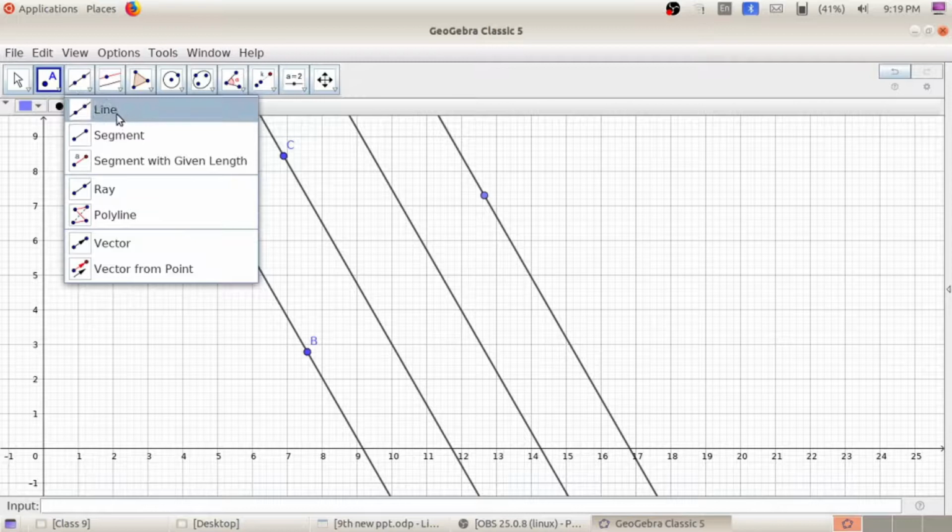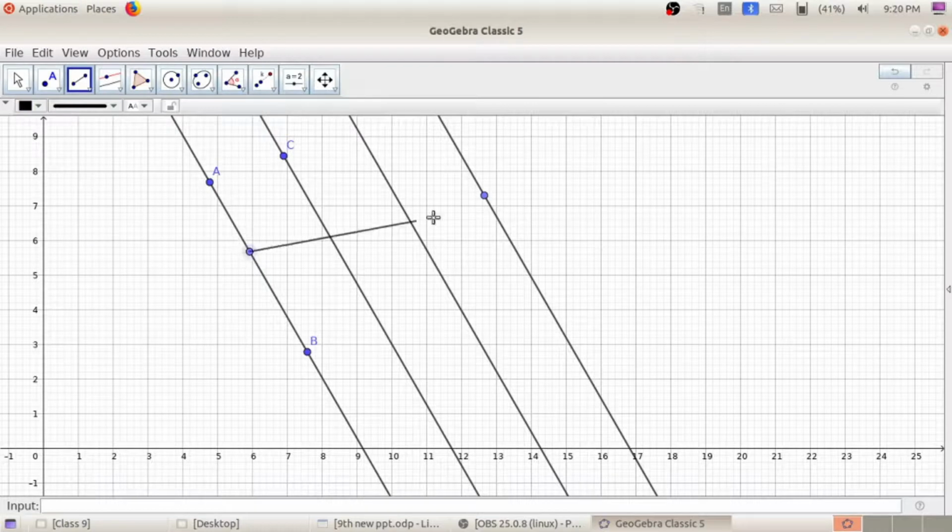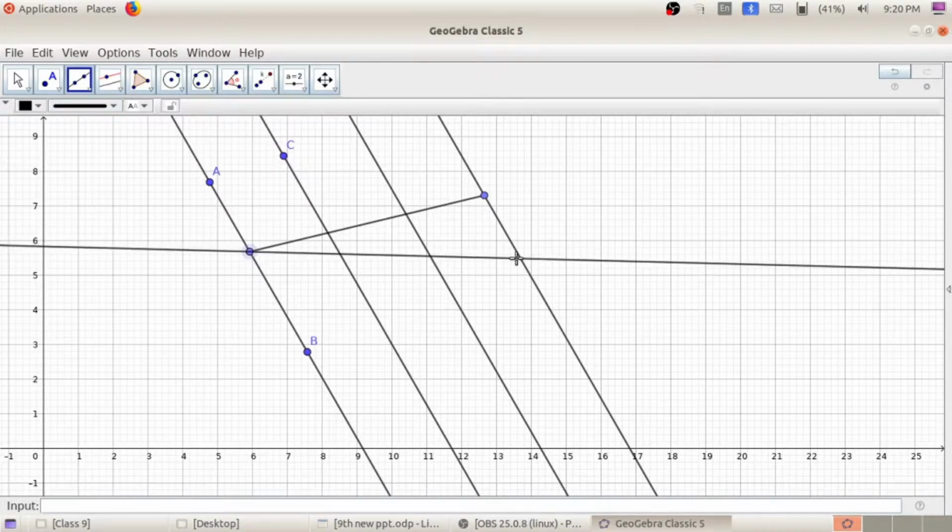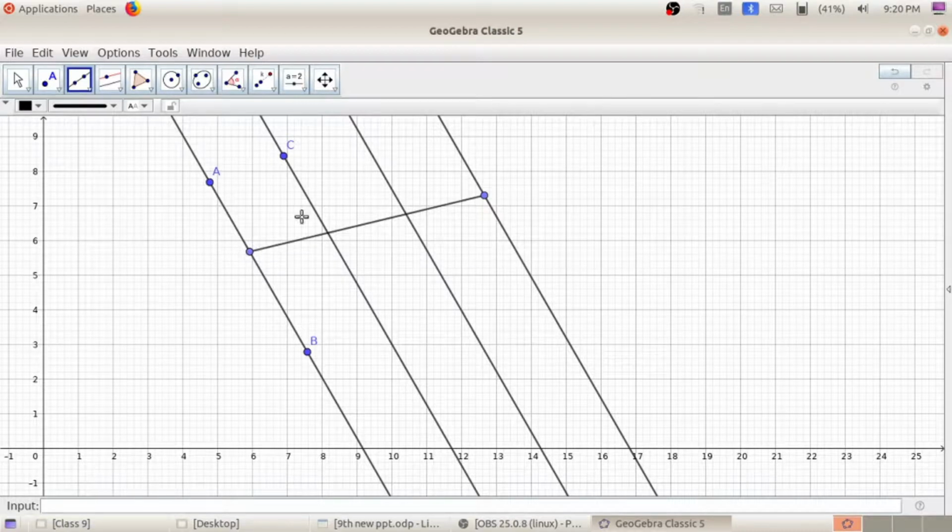Here, if you take the line tool, no problem. If you take the segment tool, we will get a line like this. Otherwise, if you take the line tool, what will happen? Like this you will get. Okay, so we have to use the segment tool. So draw a segment, and we have to find this point. What is the name of this point where 2 lines join together? It is known as intersection.